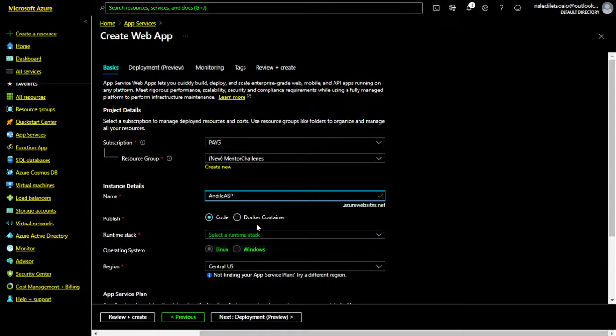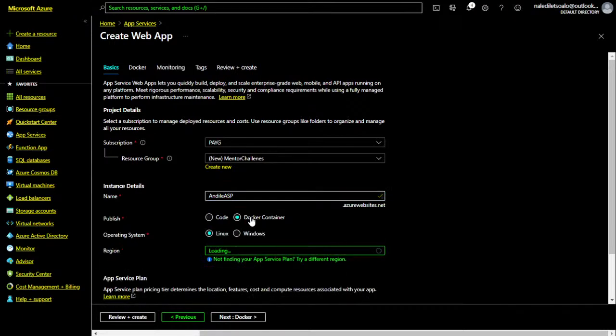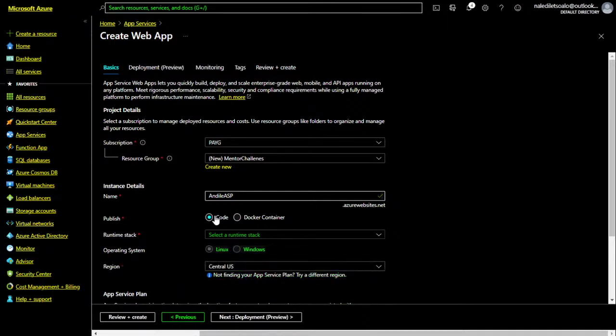But once you've figured out a name, you then decide, okay, how do I want to publish it? I want to publish it as code. You can use a Docker container, but then that requires a little bit more work in terms of how you want to do it. For the purposes of this tutorial, we're just going to go with code, and I need to select a runtime stack.